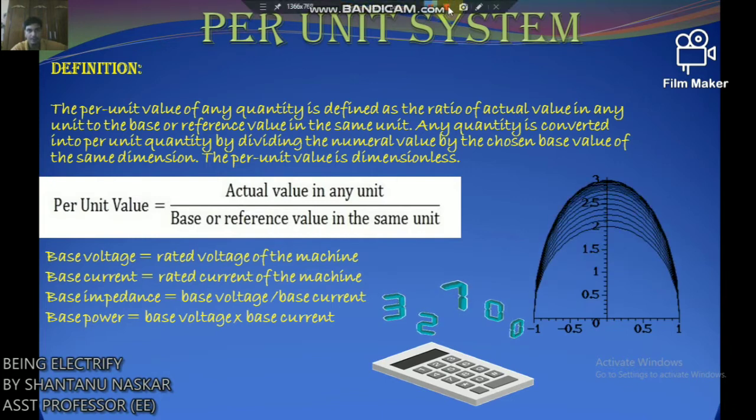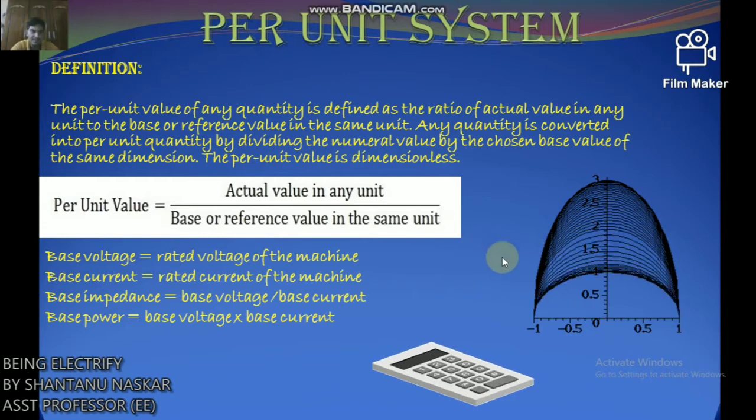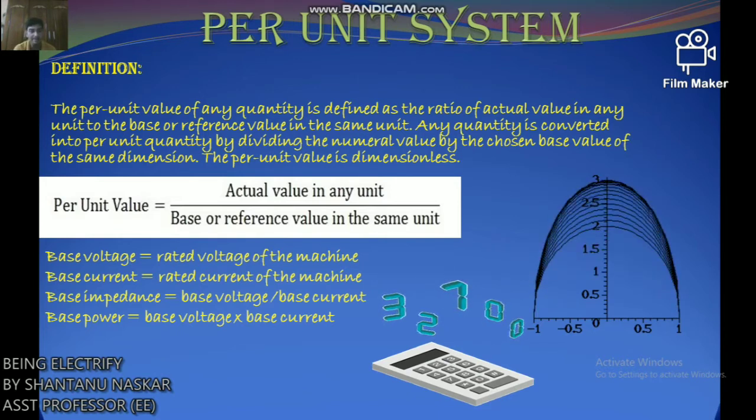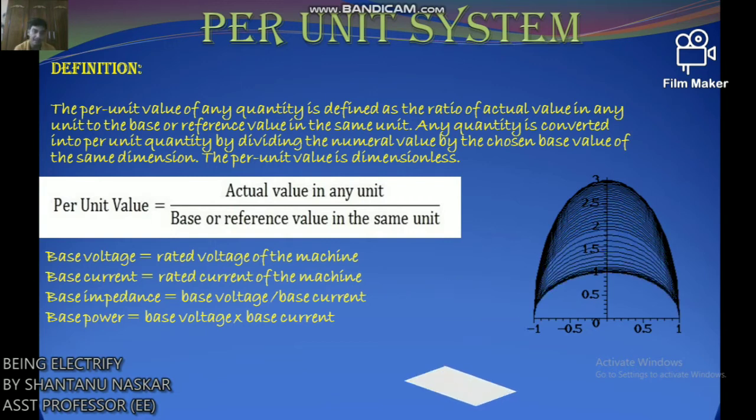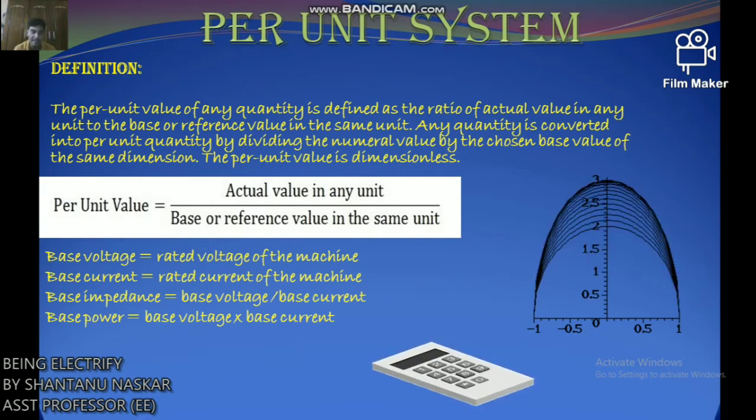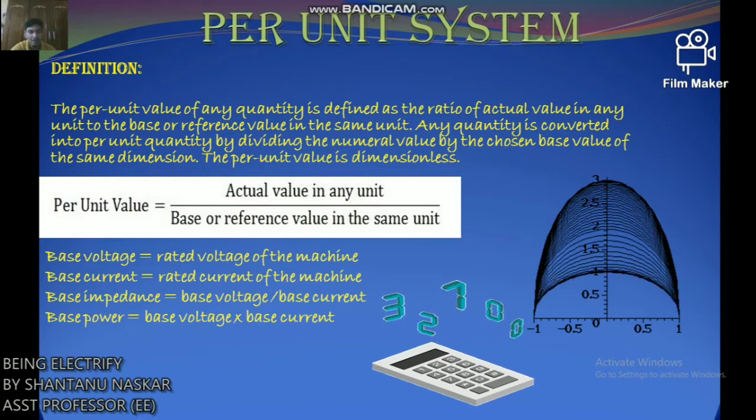So for the analysis of electrical machines or electrical machine systems, different values are required. Thus, the per unit system provides the values for voltage, current, power, impedance and admittance. The per unit system also makes the calculation easier as all the values are taken in the same unit. The per unit system is mainly used in circuits where variation in voltage occurs.